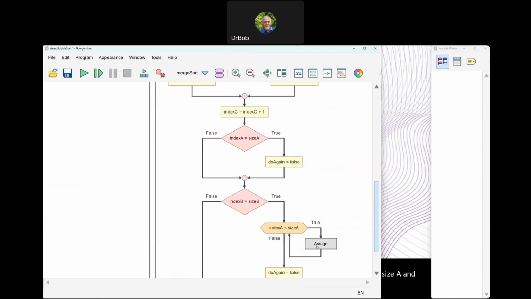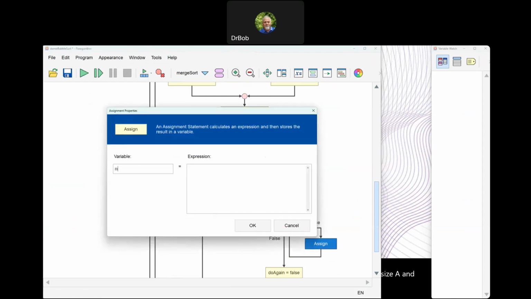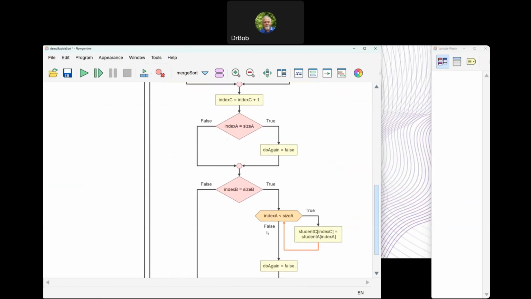B's loaded up. Let's write A out. And my array, or actually student C, variable student C, index C is equal to student A, index A. Remember, index A and B are keeping track of all that stuff. So as long as index A is less than size A, I would do this loop. I would be in this while loop,